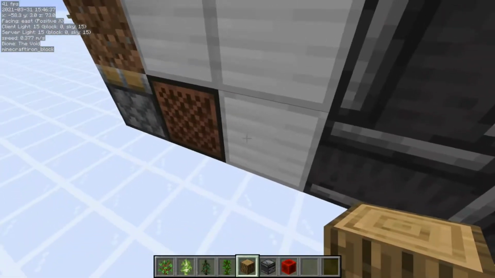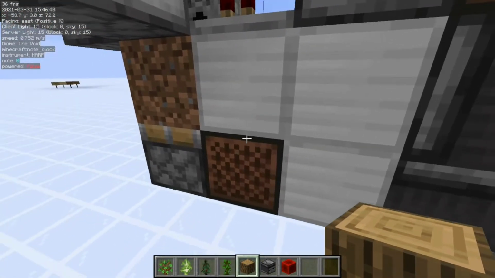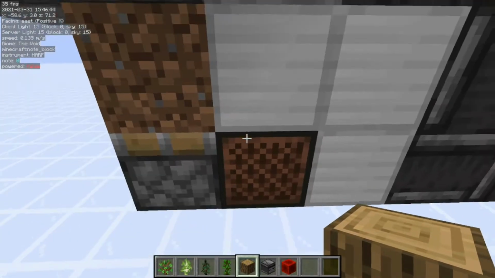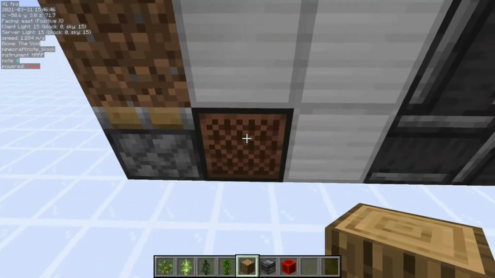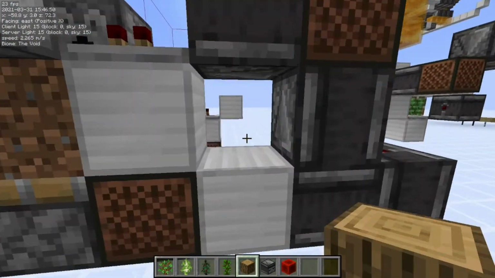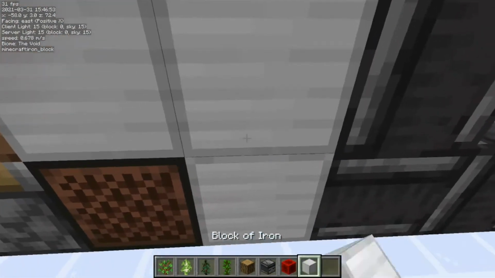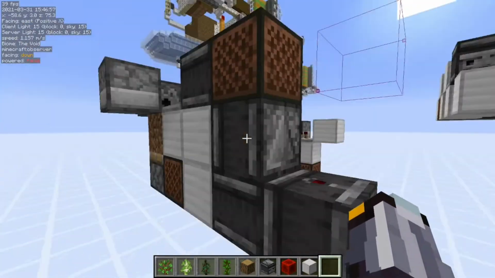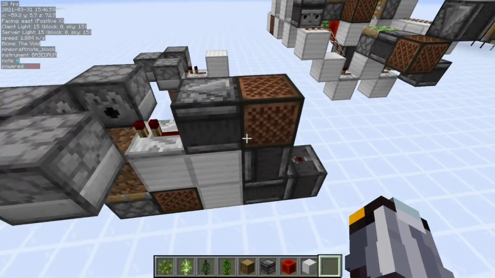Now the reason there's an iron block in between is so that this observer is not being strongly powered to power the piston. It just sends out the block updates using the fact that this is getting turned on and off. That's really it. And then you don't need that, but I like it being there, so I keep it there. And then you just have this observer going into this note block, which then sends